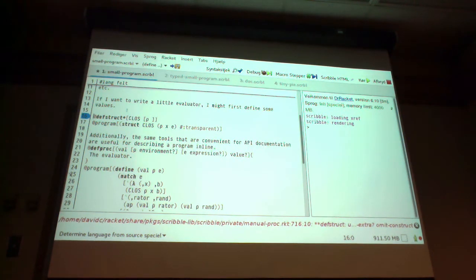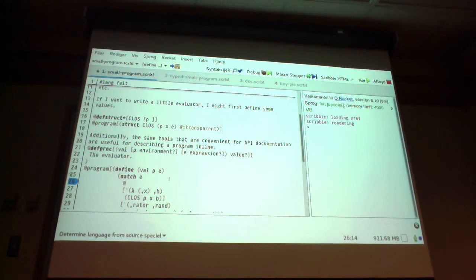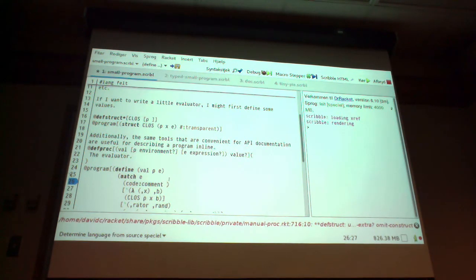Yeah, you can do that. There is an escape. I see a match, right? So I'll explain each match clause separately. Yeah. So you can do it in comment form and then